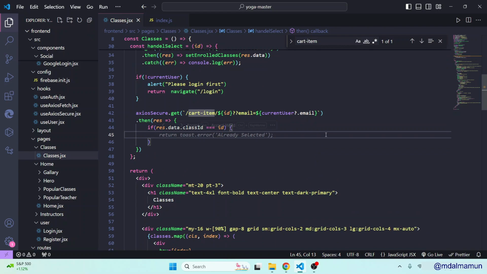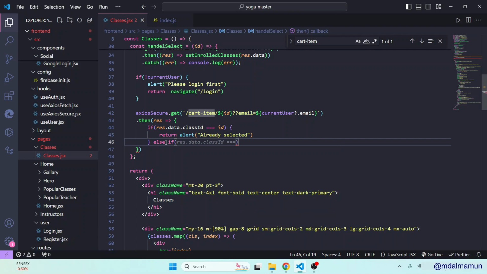The return will be an alert: already selected. So actually we will get cart items by this email. If we get any cart items already added, then we'll define already selected. Otherwise we'll check another one. So else if